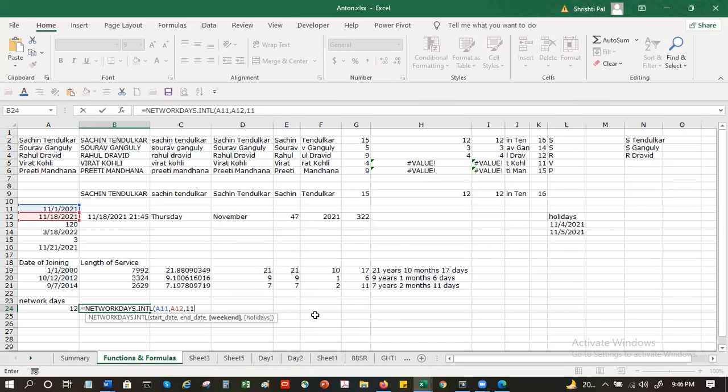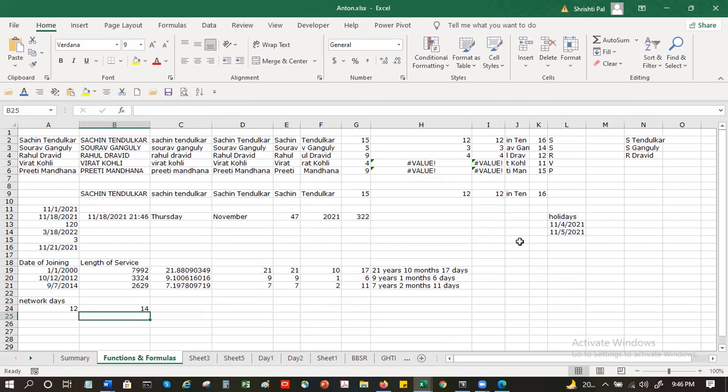And the weekend followed by the holidays also. You still want these two as holidays. Now what happened? We reduced 2 Saturdays and we included these 2 holidays. So the net work days comes out to be 14. Perfect.